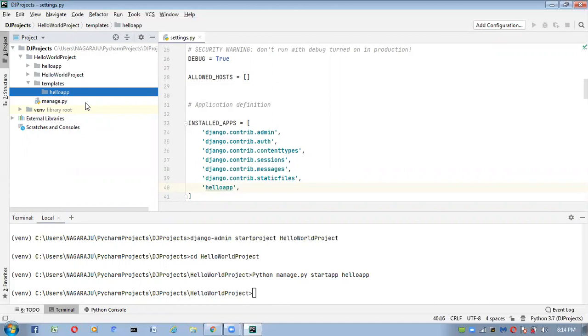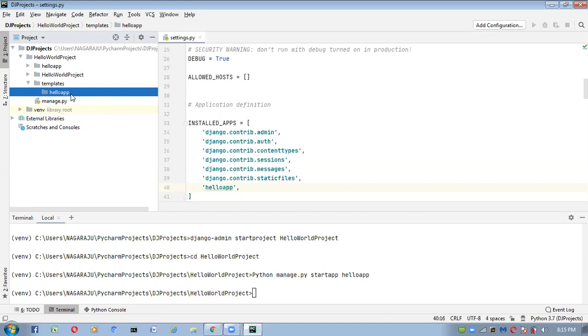Why did we create a subfolder with our application name? Inside the Django project we can add any number of applications, and each application contains some HTML files. All HTML files we have to create inside the templates folder only. To differentiate the HTML files at application level, I am creating separate subfolders with the application name. Whatever HTML files are related to this hello app application, I will place inside this hello app folder.